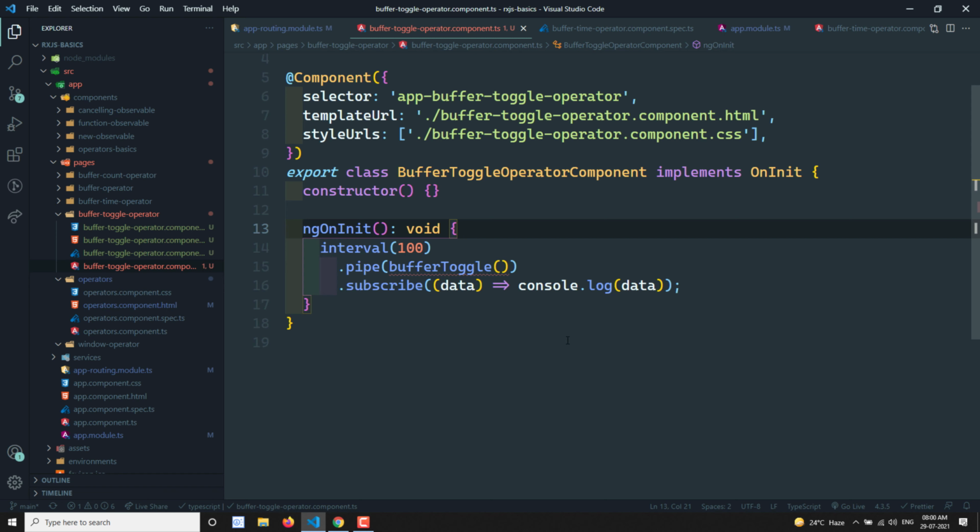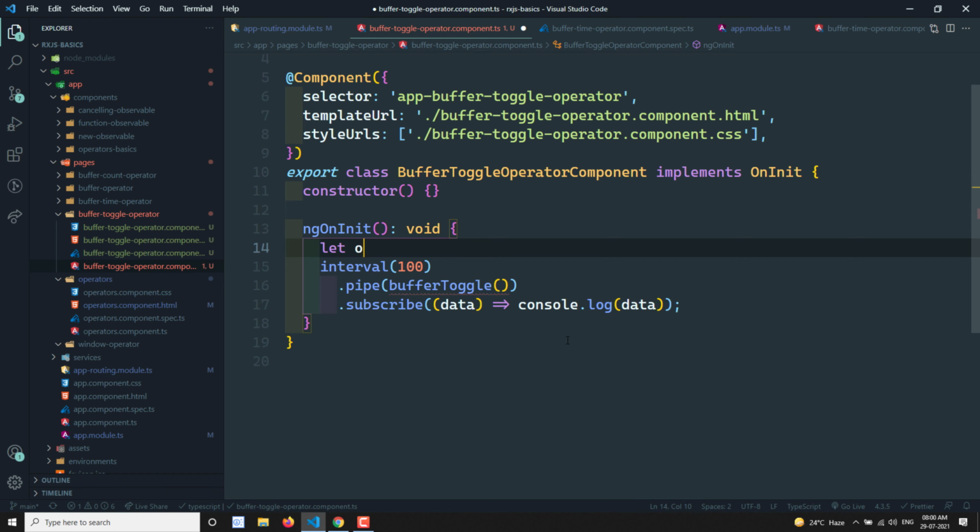Here I take one observable, let opening, and again I am using an interval, so it should open every 400 milliseconds. The interval emits every 100 milliseconds, and this buffer will be opened at 400 milliseconds. Now I will use the tap operator so that we will be able to understand. Tap just prints, so when the observable is emitting, it will print.